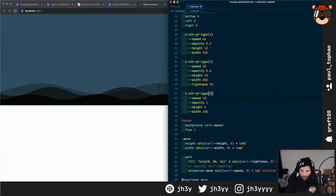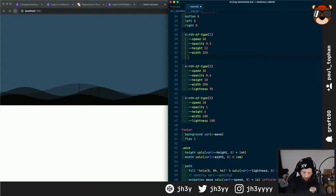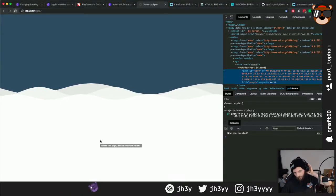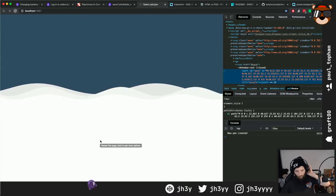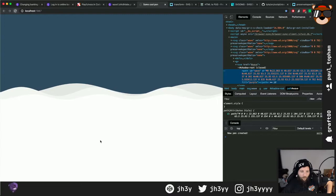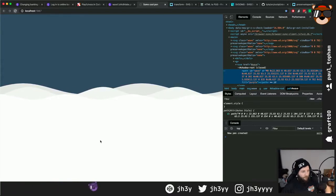If I did 95, 100, 90, you still kind of get the effect, but now they're all solid, so you're not going to get any stitch lines. But you've just got enough subtle change that it'll work. Which looks kind of nice. And then...